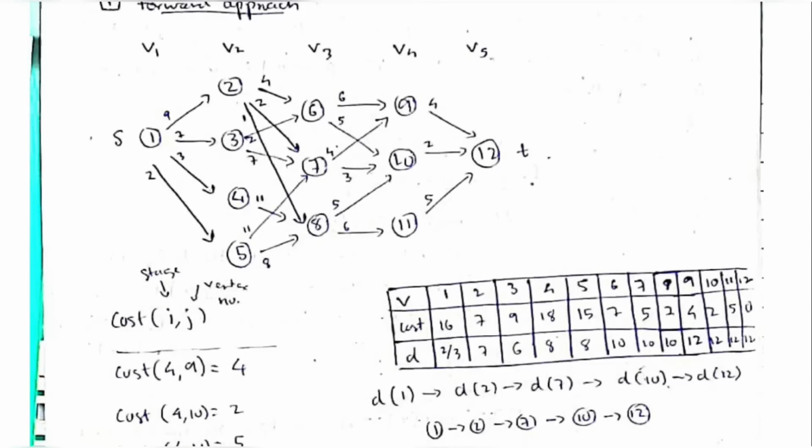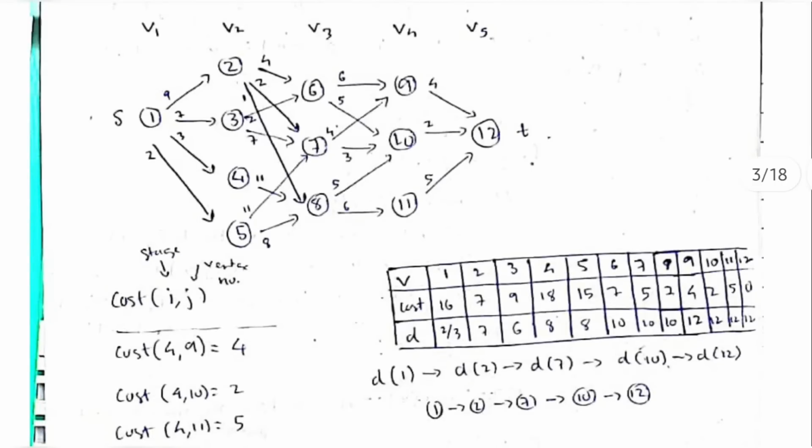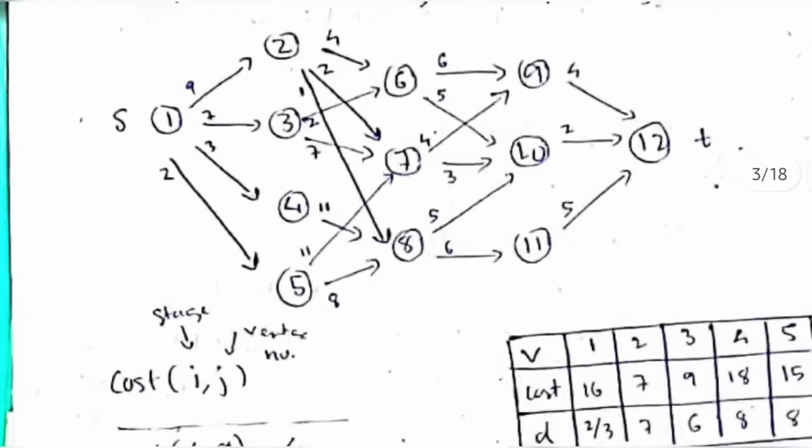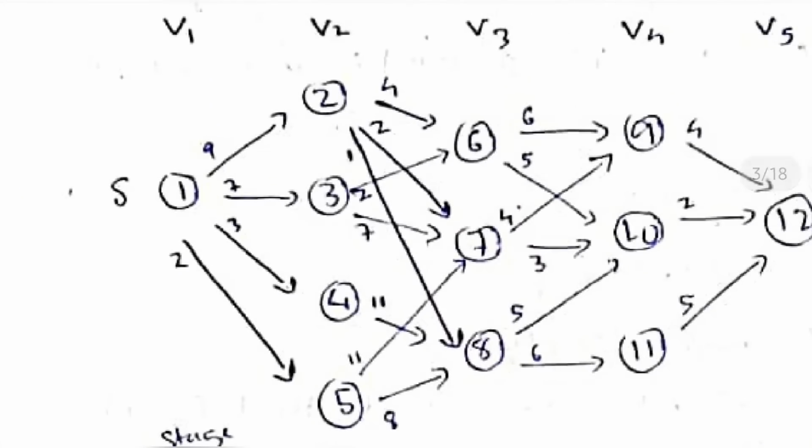So what's our main aim? Our main aim is to find the shortest distance from the starting point to the ending point. The starting vertex is 1 and the ending vertex is 12. We have many paths here, like going this way or like this, and we have to find out which is the most optimal path. By using dynamic programming, these are the weights of the edges. See here, consider an edge from 1 to 2. These are the vertices and the edge weight is 9 here.